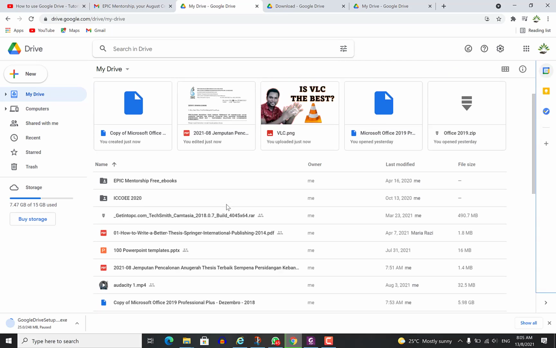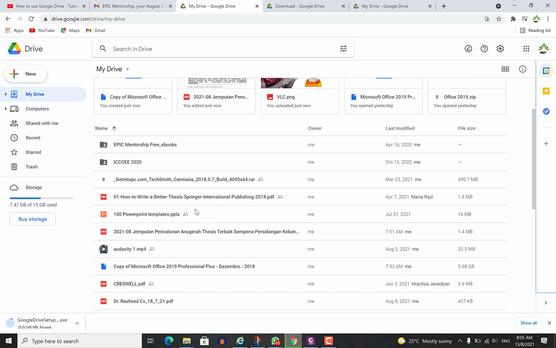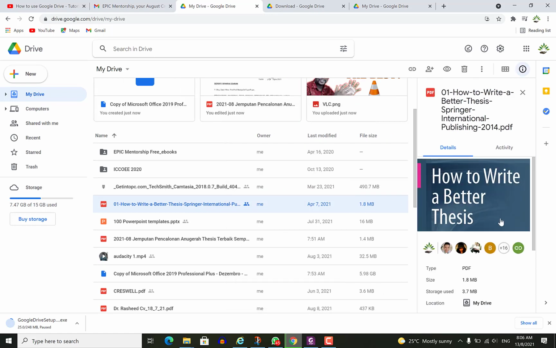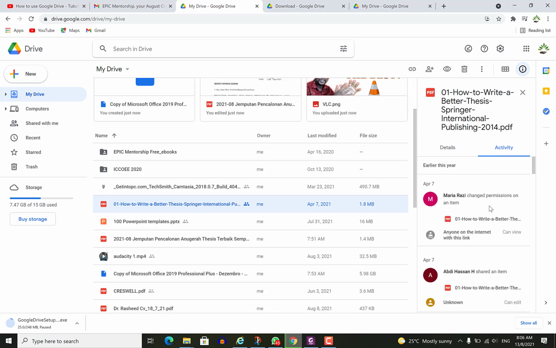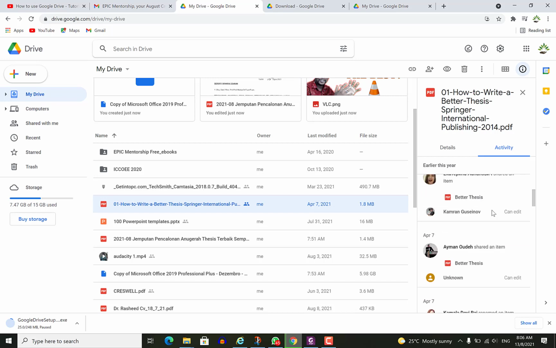To share your files with a group of people that you're working with, all you need to do is to come over to any file you want to share. For example, files that I shared, you will see it has this icon that it is being shared with others. And once you click on it, you can view details and you can see how many people are viewing this file. So these are the people that have access to this file, about 16 or 20 of them. So you can see how many people are accessing and the activity also here. You can see when this person accessed, when this person accessed, you can see all their activity.